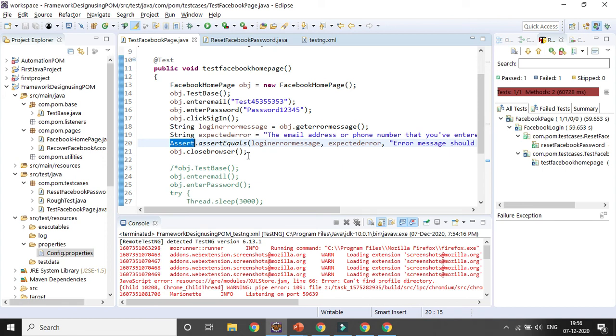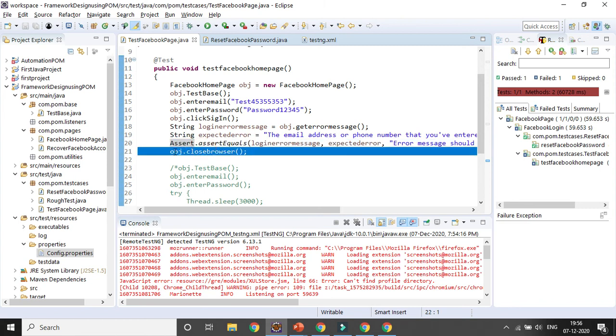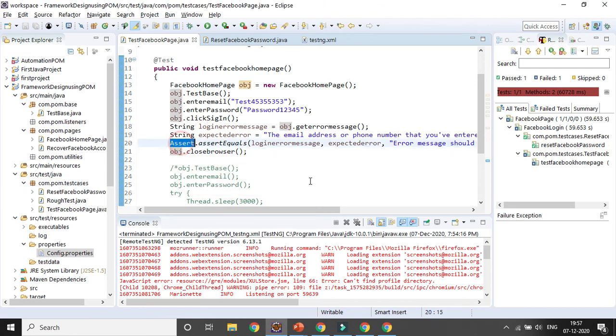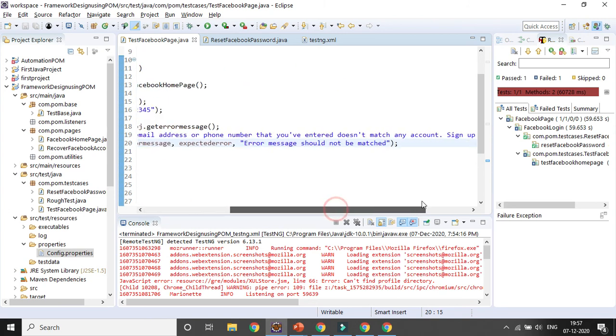So that soft assertion method will be called, and the objective will be the same. It will try to match the expected and actual result, but your execution will not be stopped, and it will also execute the next line of code, and your browser will be closed, right? So instead of hard assertion in the test Facebook page, I will create soft assertion. So let's run it with soft assertion.